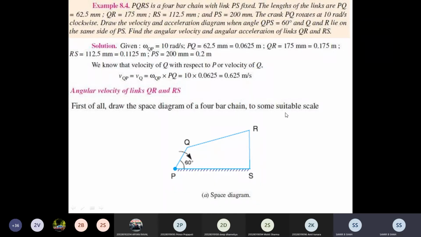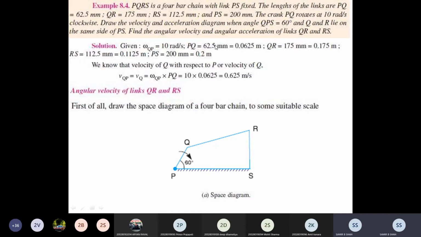If you take the scale of 1 gem 2, then as per that, first draw PS, which as per dimension is 200 mm, but with the scale it will be 100 mm. Now, at the starting point P, consider 60 degrees and